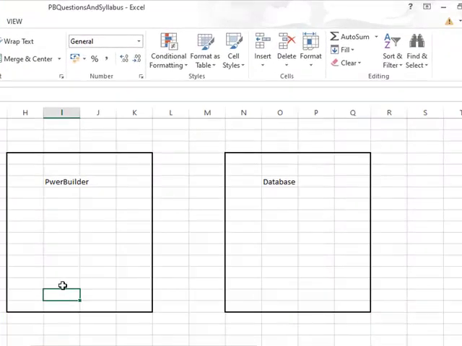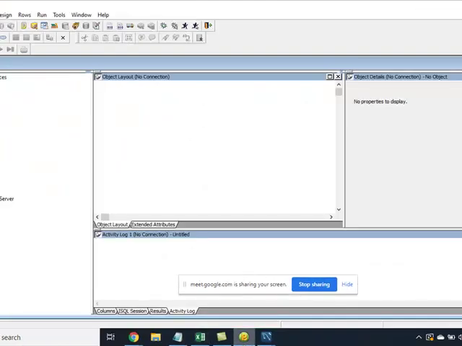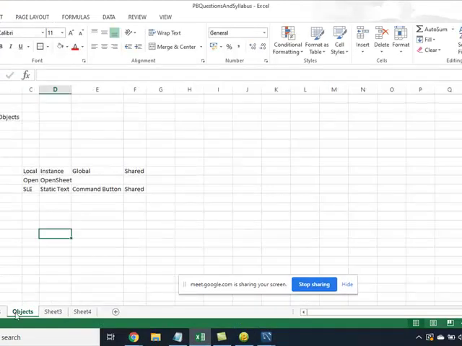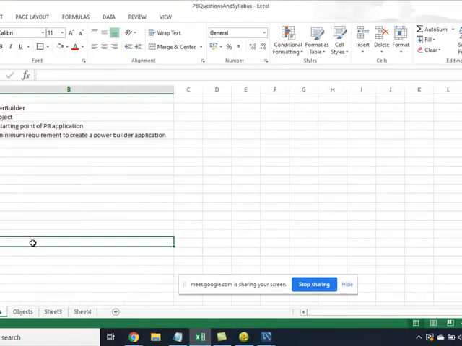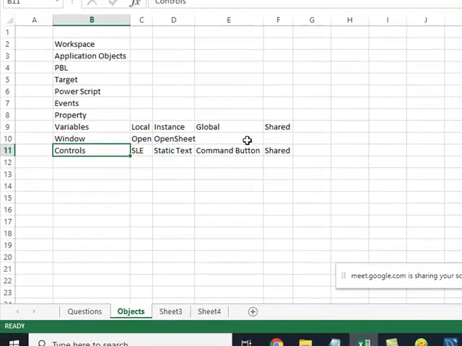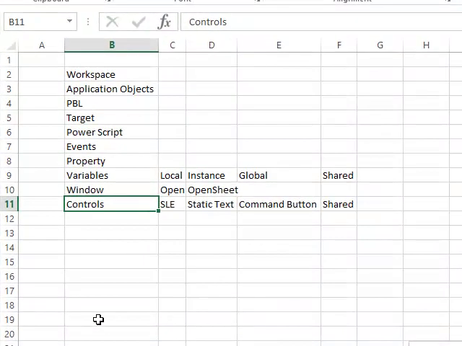practice whatever I have shown you here, whatever we have done today, and just go through all these things. One more thing, you will also create along with me those windows whatever I have shown you so far. Plus there is one more exercise of creating menus in your PowerBuilder book.